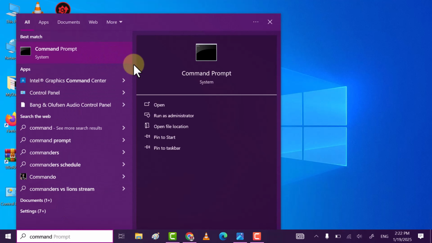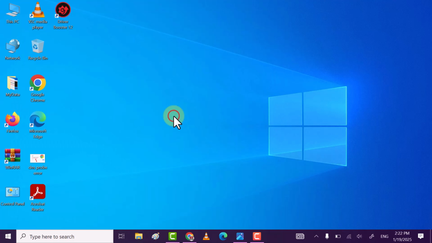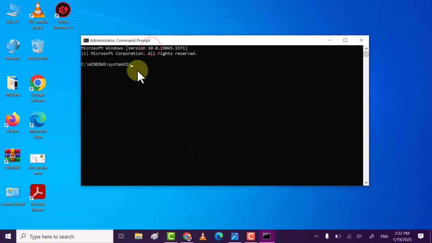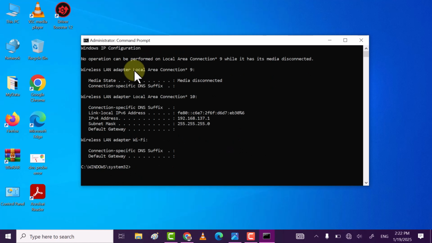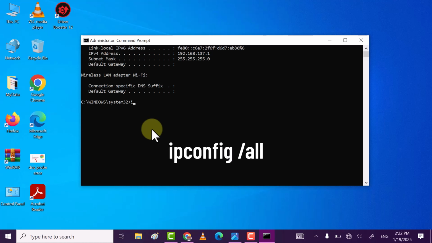Best match command prompt, then click on run as administrator. Click on yes. Now here you need to execute a few commands. Command 1, ipconfig space /release and then hit enter. Second command, ipconfig